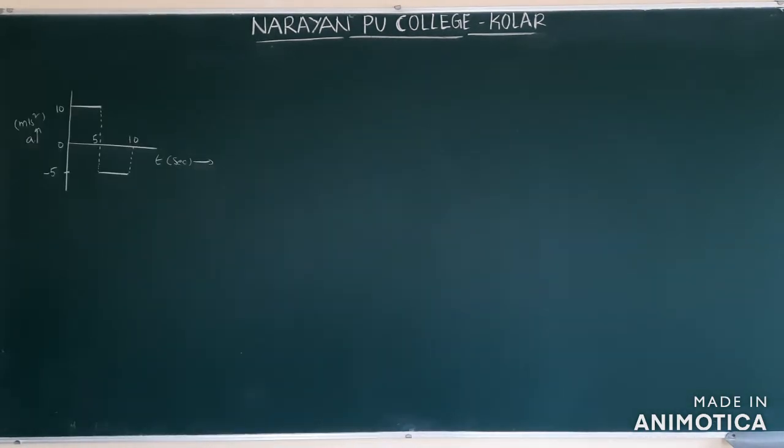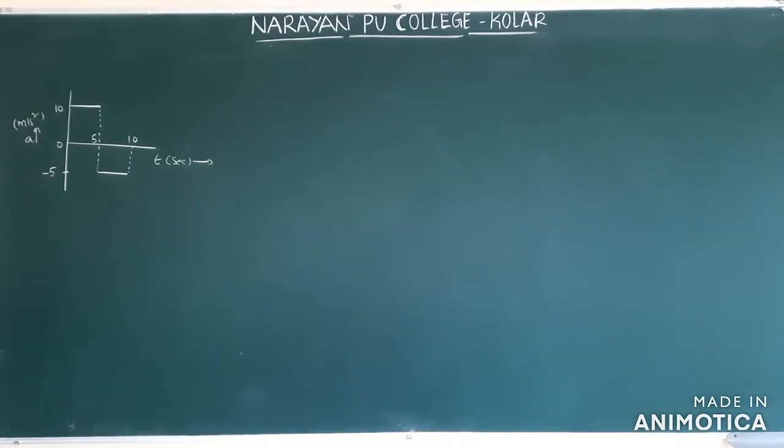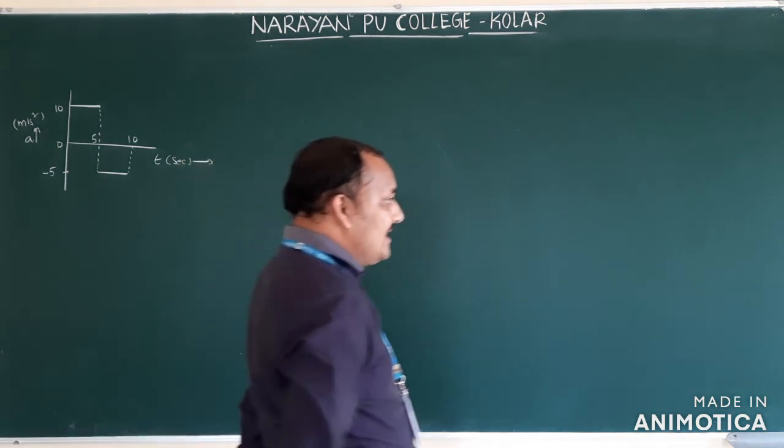See the next problem, example 29. In example 29, they gave the acceleration time graph of a particle moving in a straight line as shown in the diagram. Sketch the velocity time graph, VT graph. The initial velocity of the particle is 0. They gave one small concept on graphs: the area under the acceleration time graph gives either velocity or change in velocity.